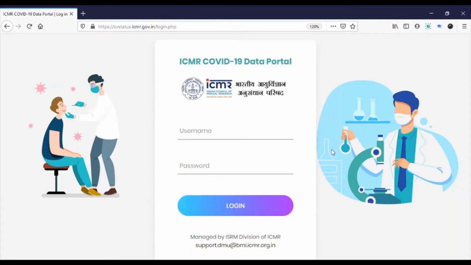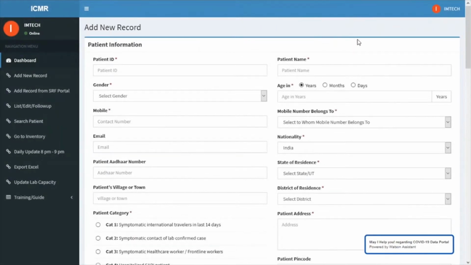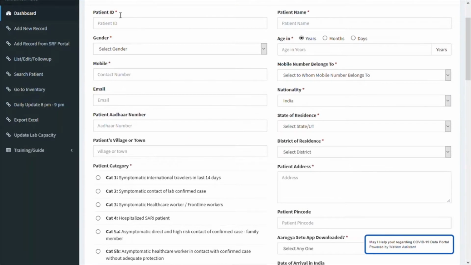To enter the data for antigen-based test, go to cvstatus.icmr.gov.in, enter your username and password and click Login. A page to add patient's information will appear. Enter the mandatory fields marked with asterisk: the patient ID, patient name,